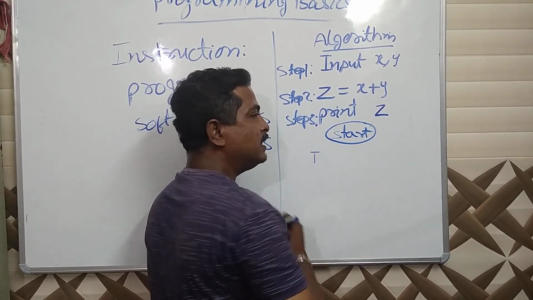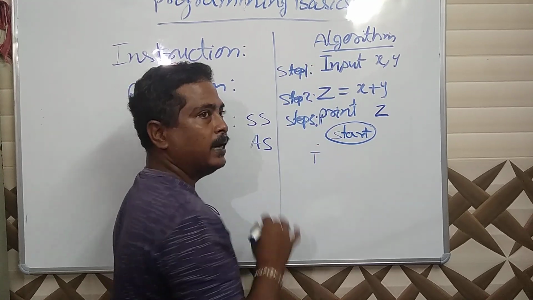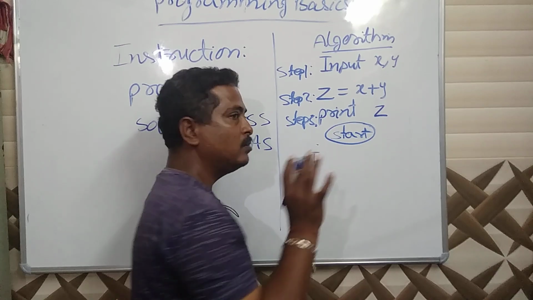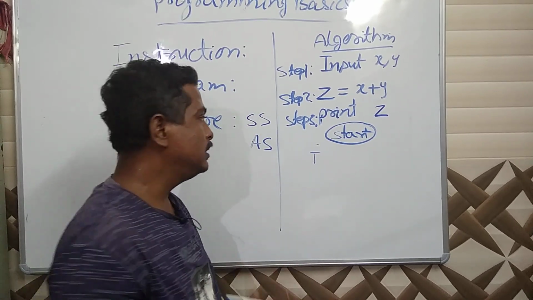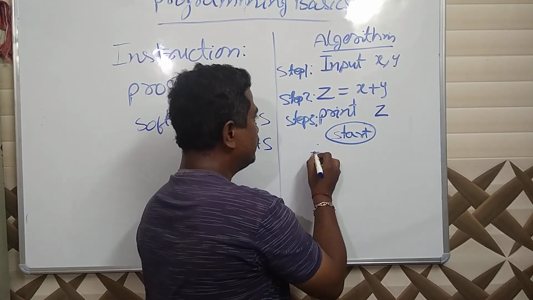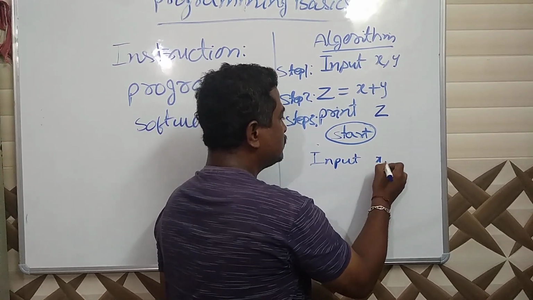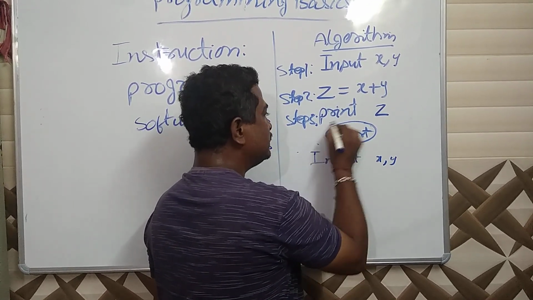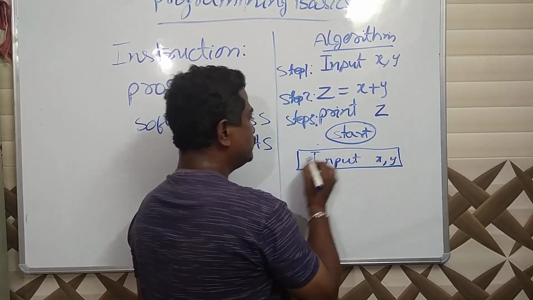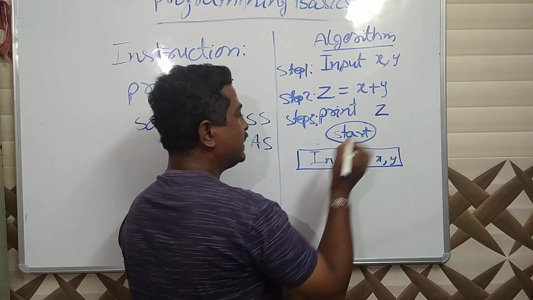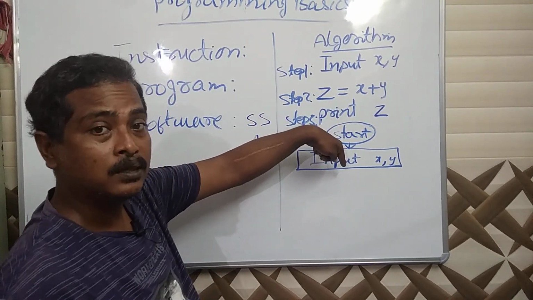It is good to write start and end. Here also you can write step 1 start, step 4 end. You can write, but there is no hard and fast rule. But in flowchart, start and end is mandatory, or else it will be something else. So start. After starting, we will give input x, y. Generally, start is in oval shape, input is in rectangle. Okay, there is an arrow mark, meaning after starting, the first step is this one.